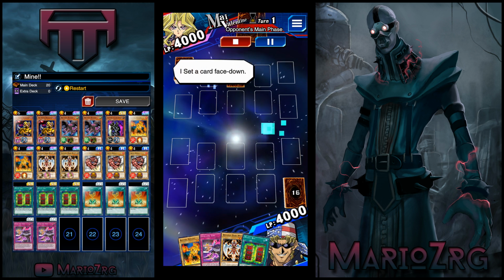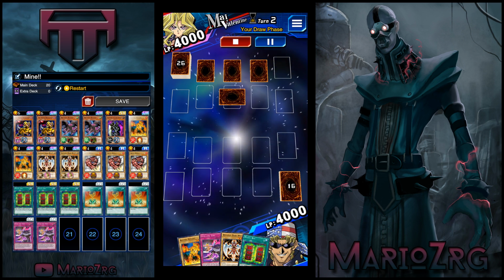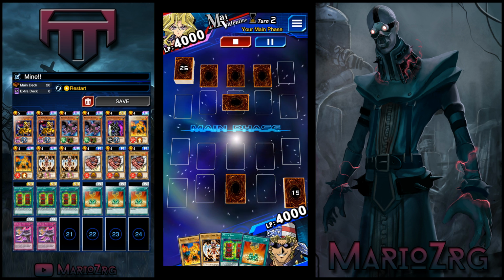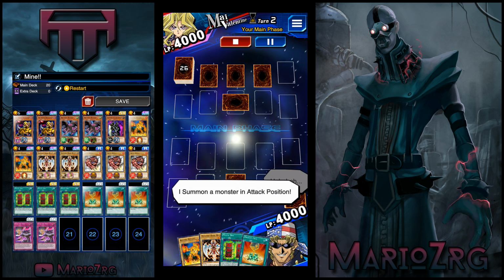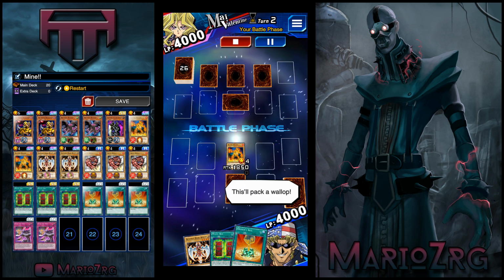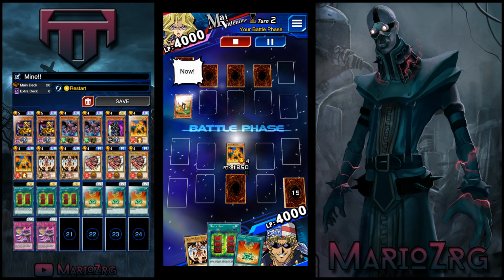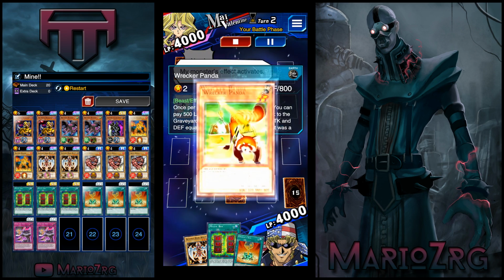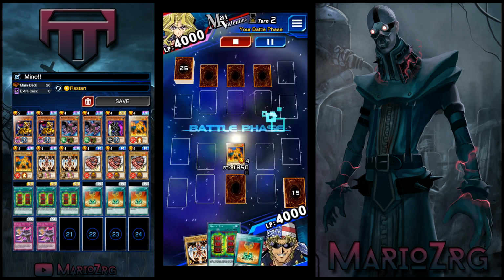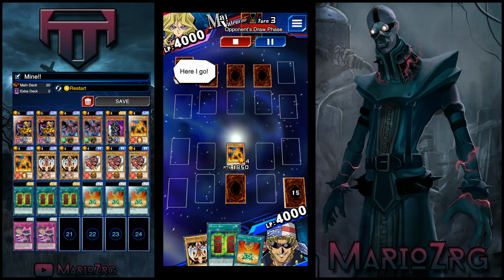But anyway, she sets 3 back row and sets 1 monster, and that's the monster that this person's entire deck revolves around, which I thought was pretty cool. So I did top deck Owner Seal, which is good. I decided to save the Mystic Box play and just attack to see what I'm playing against, and I see that it's Wrecker Panda. It's a pretty cool idea because if you know Wrecker Panda's effect, it's to mill